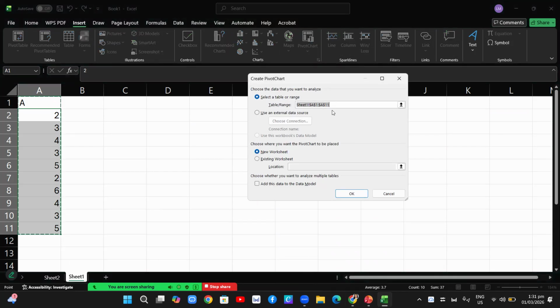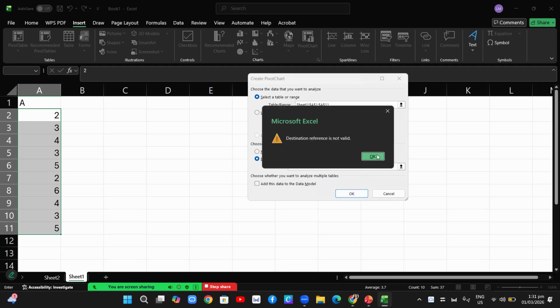Select a table or range. We already have this. Existing worksheet. Let's press OK. Destination is not valid.